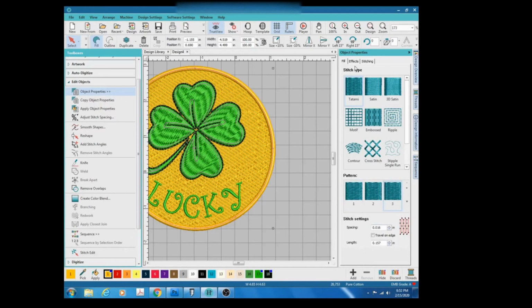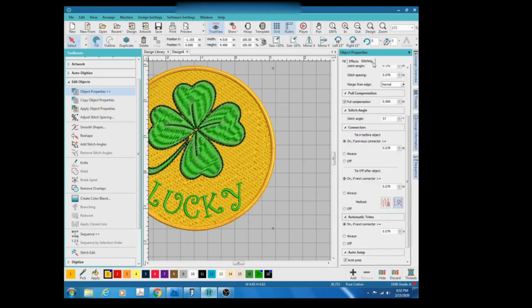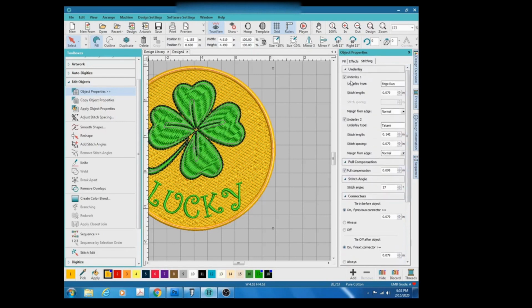Most of the time, it sets it up perfectly for you, and you can pretty much just make minor changes. This depends on your preference. With the effects, I'm not going to do anything because I like how the effects are going right now. With the stitching,